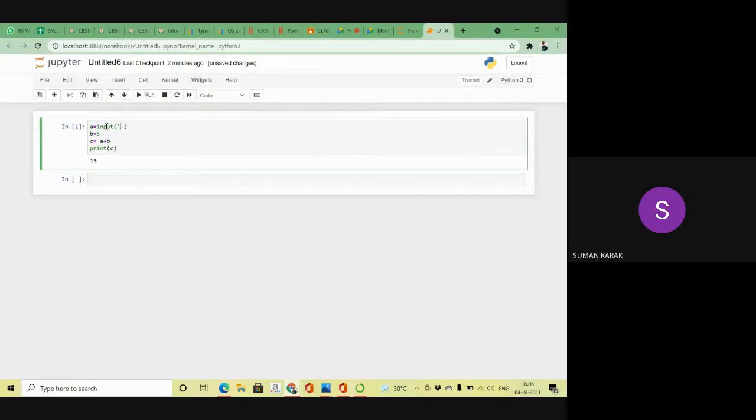Here I write enter the value of a, and again I write input and write enter the value of b.